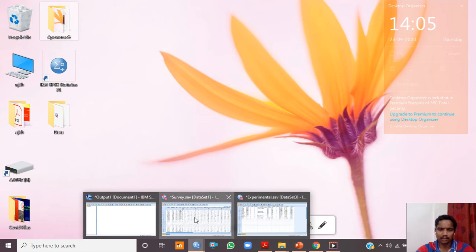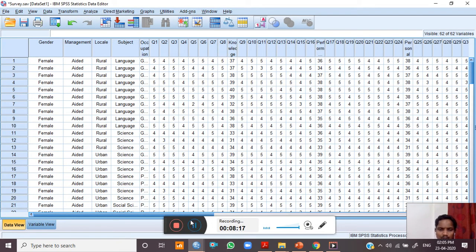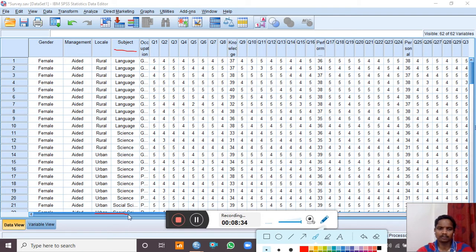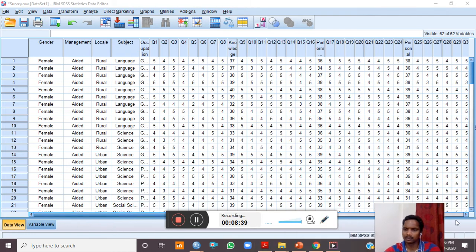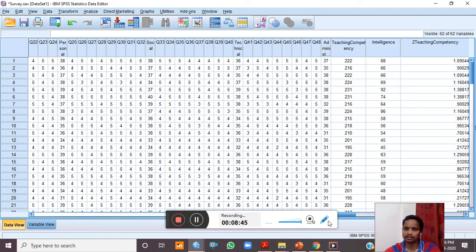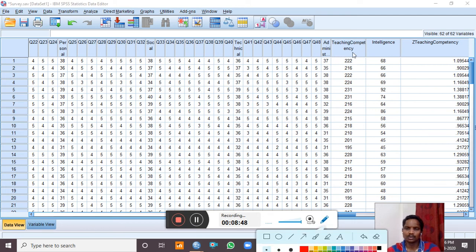Let me open the SPSS. This is the same file which we have used for calculating other statistics. We are going to select the language, social sciences. This is one variable, the subject. At the end you will have the teaching competency score. So we will use the subject of study and teaching competency, and to calculate one way ANOVA, let us go